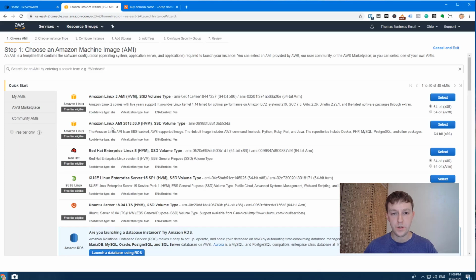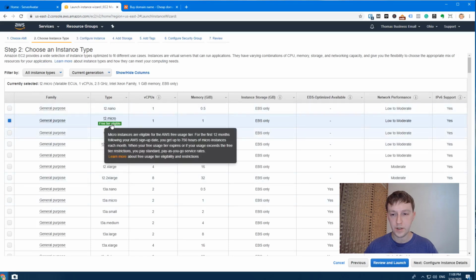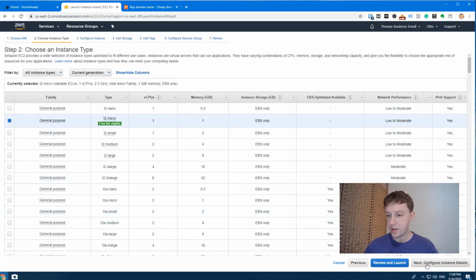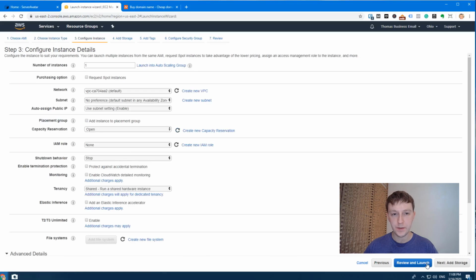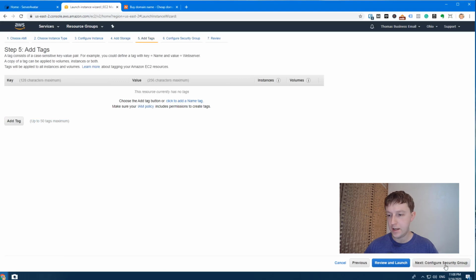Now when you're selecting your instance to run here, you have to remember that ServerAvatar works with Ubuntu 16.04 or 18.04. So as you see here, there's an Ubuntu server 18.04, so we're going to choose that one, and it's free tier eligible. So press select, and here's the one that's the free tier eligible one, so we're going to go ahead and select that for right now for this demonstration. And then come down here and click Next, Configure Instance Details, Next, Add Storage, Next, Add Tags, and Next,